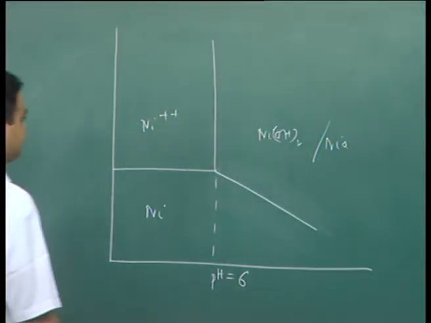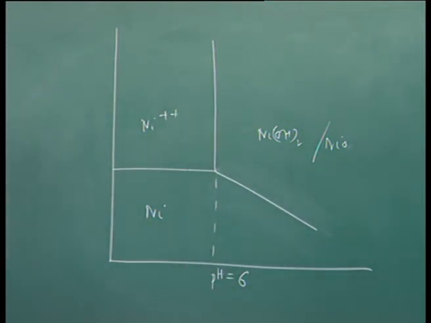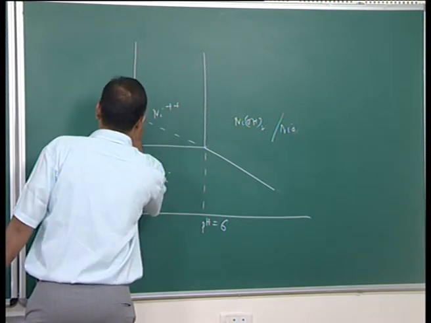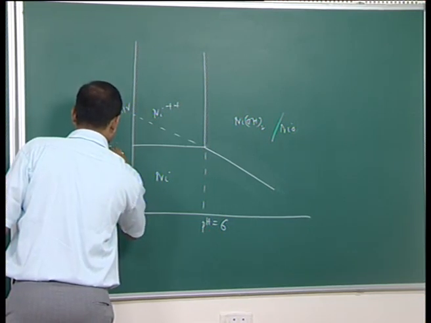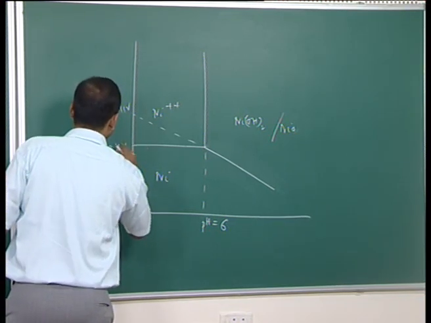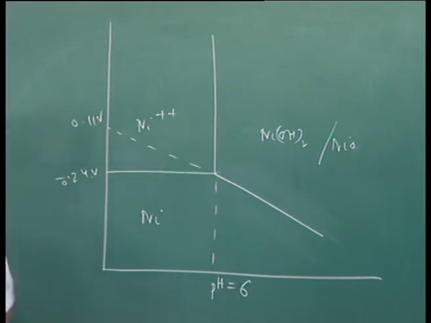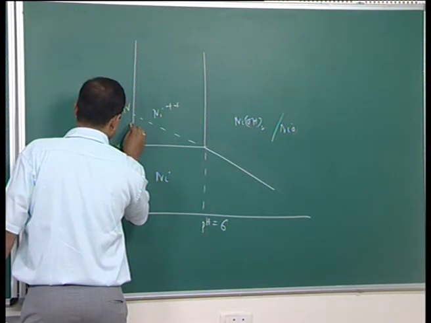Now we are left with the reaction which involves hydrogen ion, water and oxygen. We have already seen, and this is coming and touching at 0.11 volt, and this is minus 0.24 volt. It's not exactly according to the scale, but this would come like this. Now we have already seen, if this is my 0 volt,